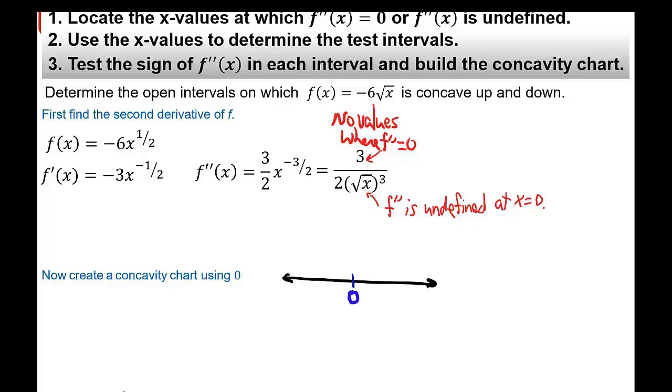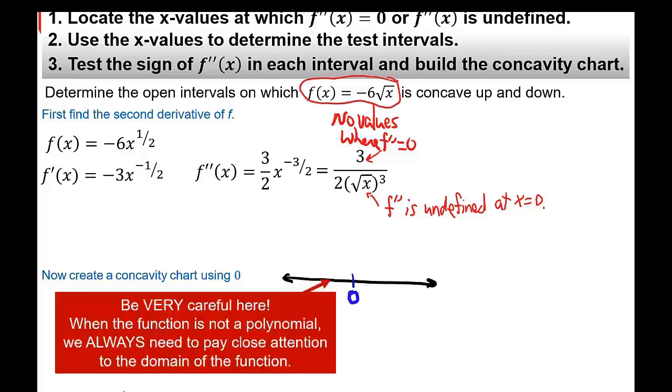Another thing you've got to be careful of, anytime you're not dealing with polynomial functions, you've got to think about the domain of the function. You've got to be really careful here because once you find the possible values you're going to use in your concavity chart, you usually test on both sides of them. But you've got to be careful here because this is a square root function. You can't plug a negative number in under the square root. So what that tells you is the domain for this function is from 0 to infinity. You can plug 0 in, any positive number, but you can't plug a negative number in,